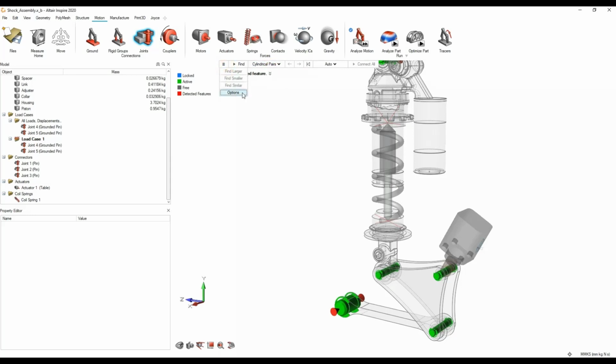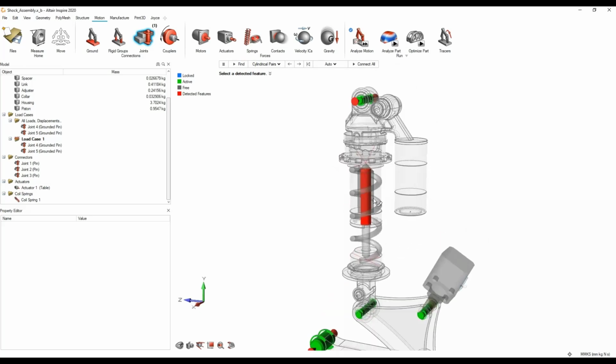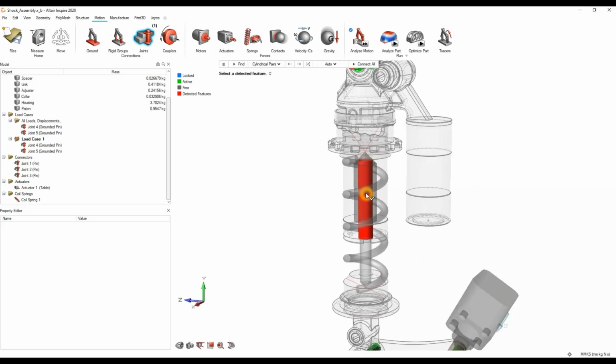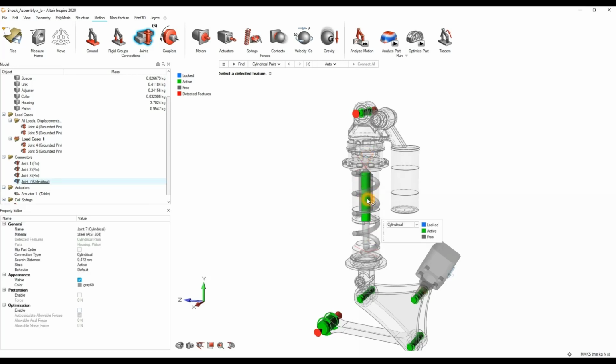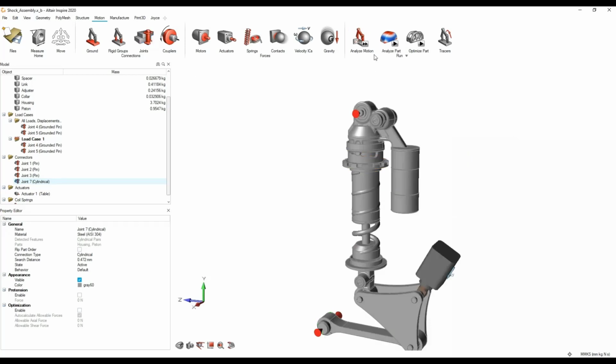It could be that within your options it was ticked on auto search distance. Untick it, make it 2 and click find. From there, you should be able to see that it's found a cylindrical pair. That means that the housing and the piston itself can only move cylindrically relative to one another, meaning it can only go in and out of that shaft location. So tick on it once, to make sure we establish a cylindrical connection there. Now when we go back into quick run,